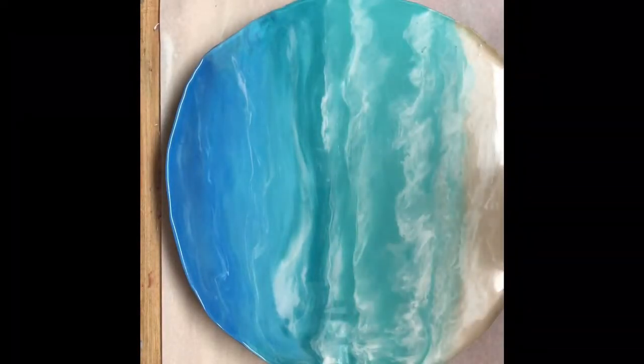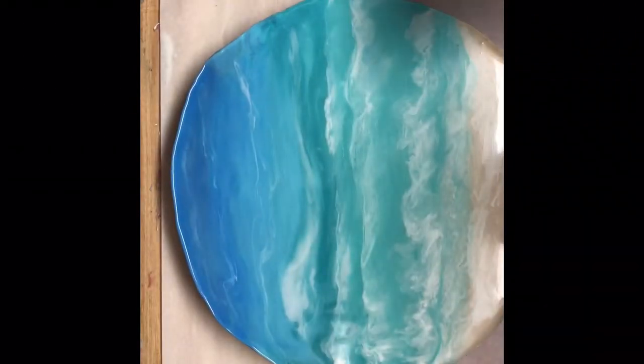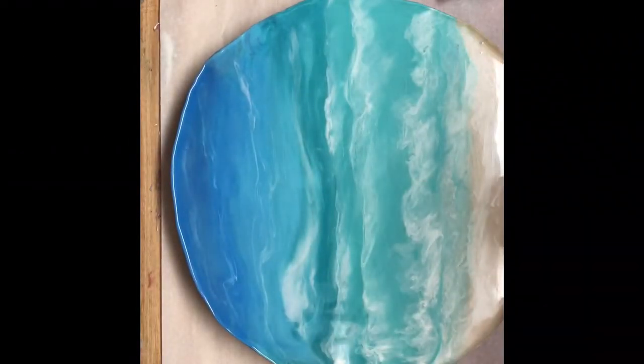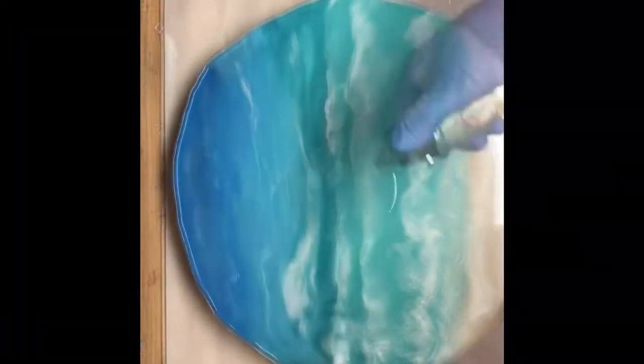But anyways, I've pulled the tape off the edge, and have sanded down the lip that was there from where the resin was up against the tape. And I'm going to put a clear coat on this. So once again, put you in time lapse